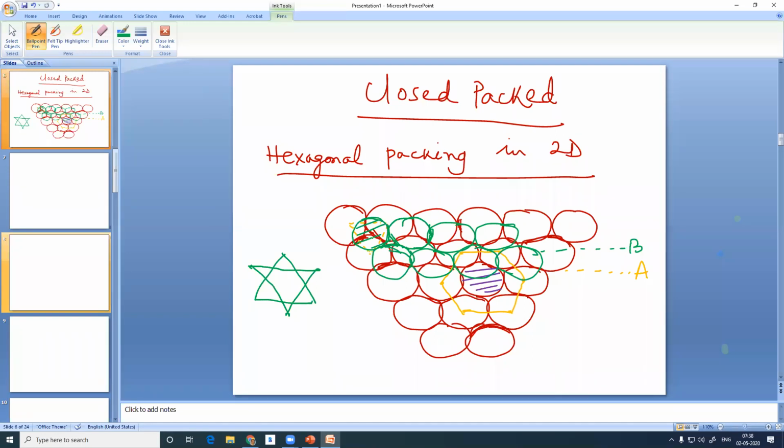When another sphere creating the 3rd layer is kept over all such left out common holes, here, here, here, here, then that will not correspond to any one of the 2. It will be C. But tell me which holes I will be using so that I will exactly get a replica of the 1st layer. Replica means corresponding to the 1st layer. Which holes will I be using? Which holes? Raise your hands, please.